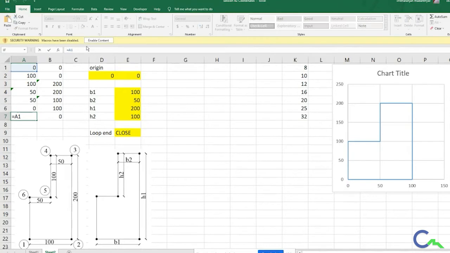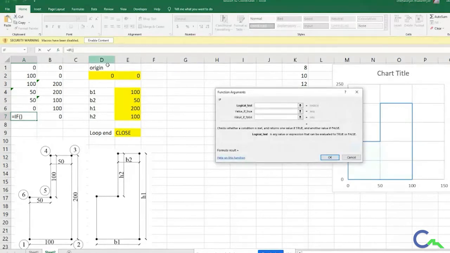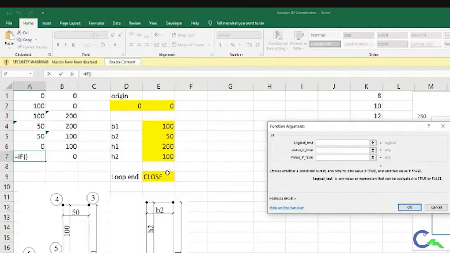So how I'm going to give it is, I will open the if statement. I don't know how to give that one, so I will click on fx. My logic statement: if this is equal to, since it is text, I will use inverted commas like this.